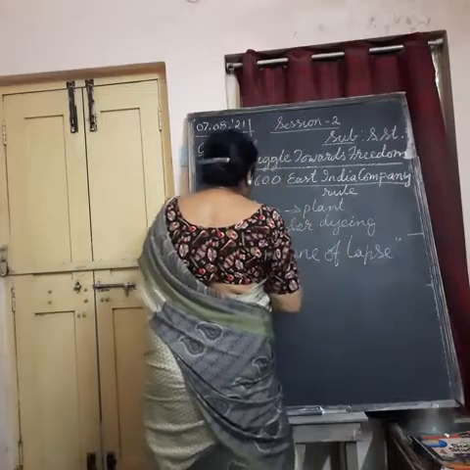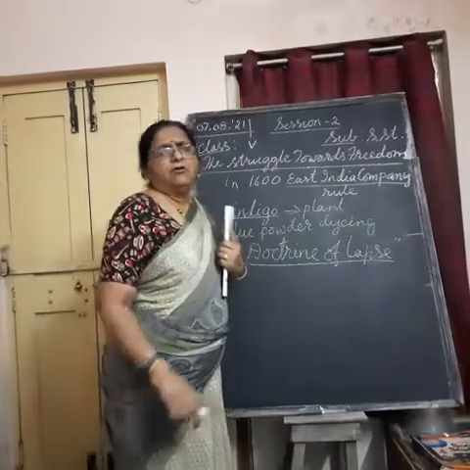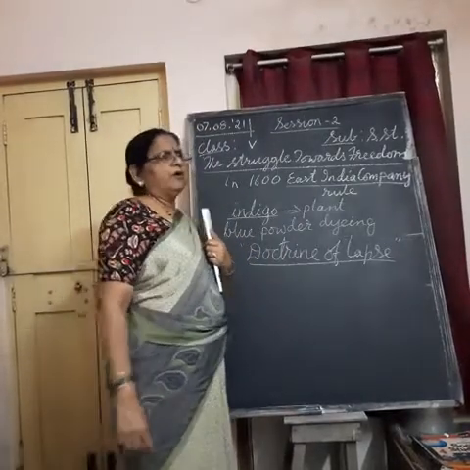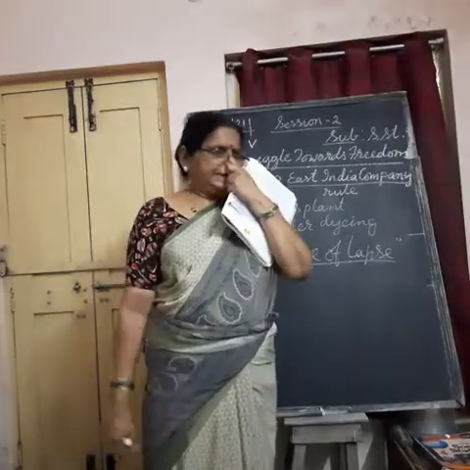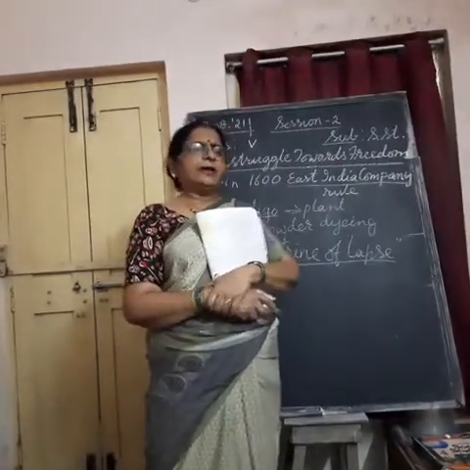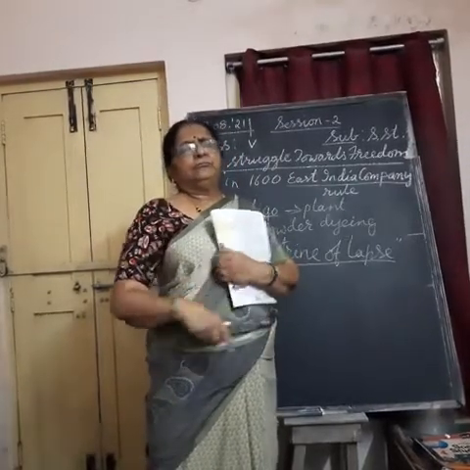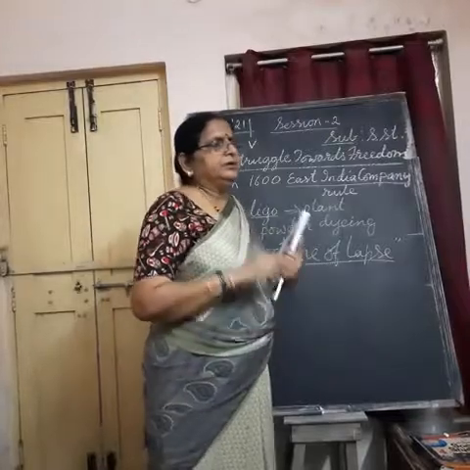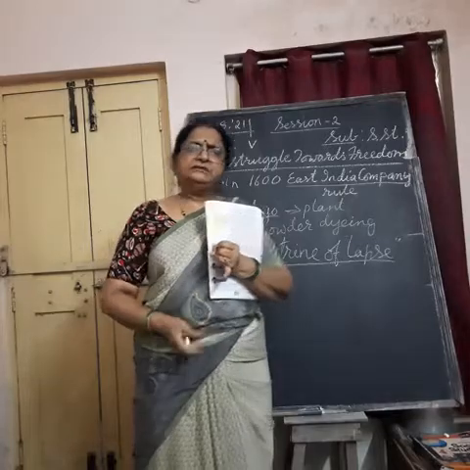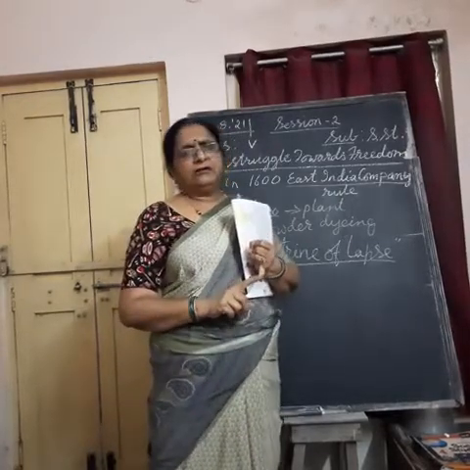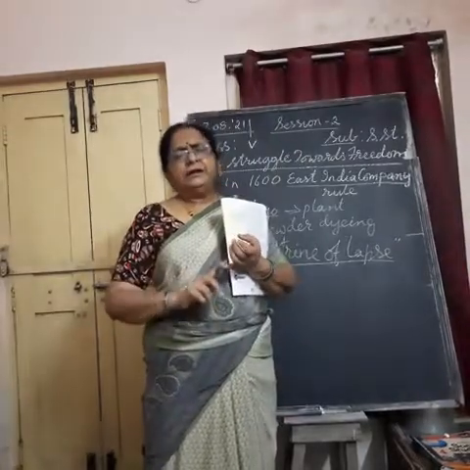Doctrine of lapse. This was a law made by the British. According to this law, suppose any Indian rulers do not have their legal heirs to take over their rule. Means, if any Indian kings or queens did not have their own children to succeed them,